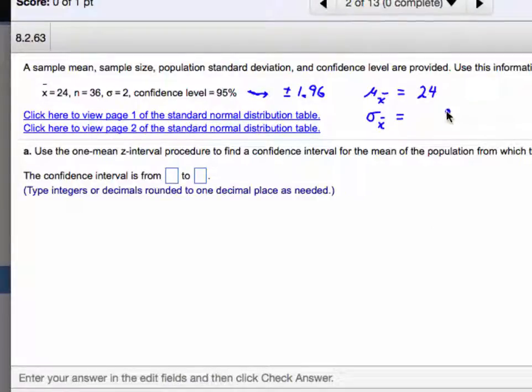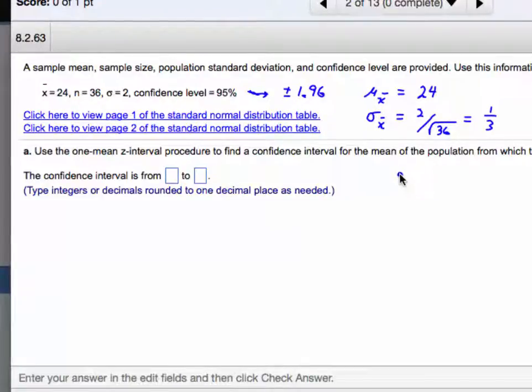Done this a lot. What will the sampling standard deviation be for building our confidence interval? Everyone should know this. 2 divided by the square root of 36. He wants 2 divided by the square root of 36. You should all have been thinking that, right? And so I think that's 1/3, right? 2/6 is 1/3. So we're going to go 1.96 standard deviations of these up from 24, and 1.96 of these down from 24,